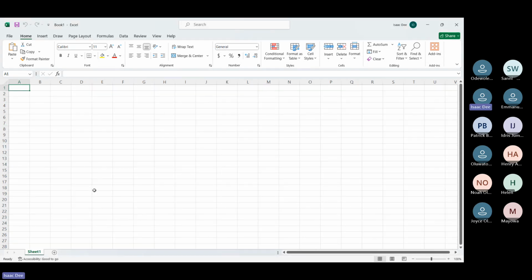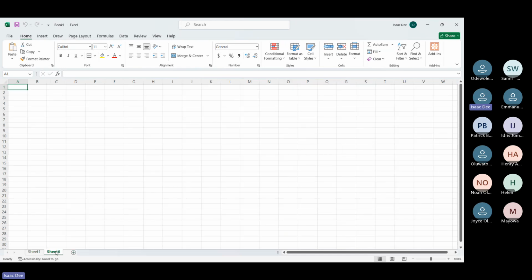So what I was trying to mention earlier is that the collection of different sheets makes a workbook. So this is a sheet, another sheet, another sheet, like that. If you also go on Google Sheets, you can create several sheets, and the collection of those sheets together is a workbook. So in Excel, to create a new sheet, after you've opened your program, the next thing is just to click